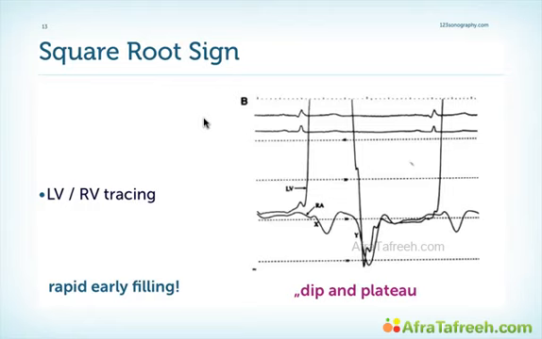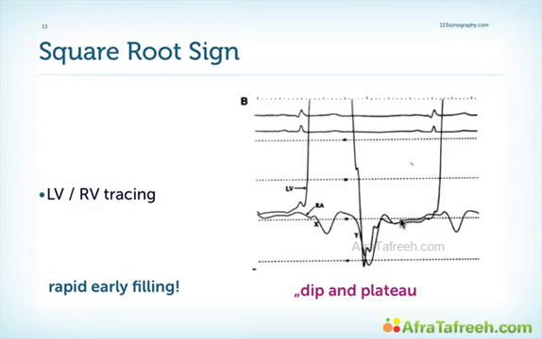But let's come back to the way the ventricle fills during diastole in the setting of constriction. This is a pressure tracing of the left ventricle. And remember, during early diastole, we have unimpaired or free filling of the left ventricle. So we have rather rapid filling and rapid pressure rise in the left ventricle. Then, however, we have a resistance to filling caused by the tight pericardium, and we don't have any further pressure rise. We have pressure equilibration.